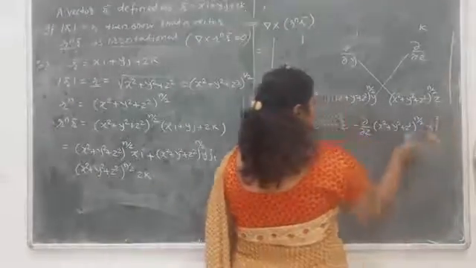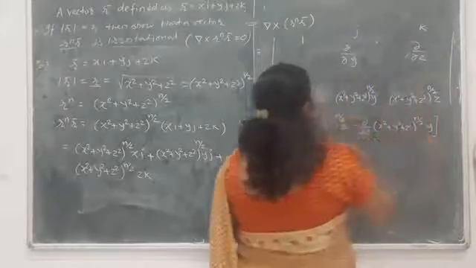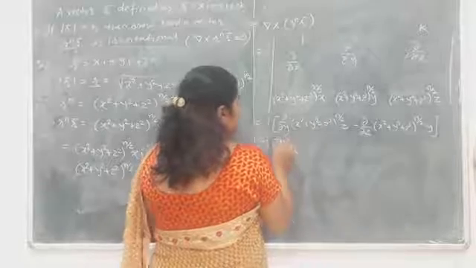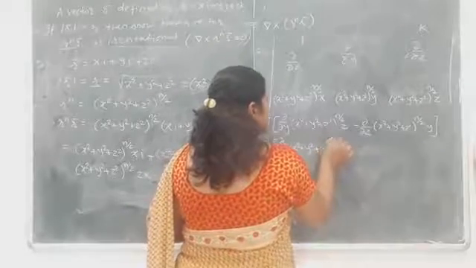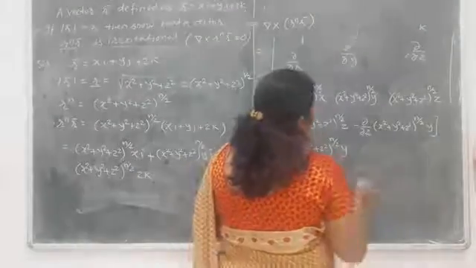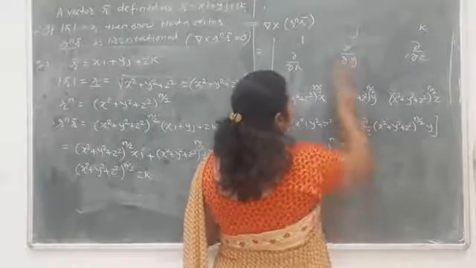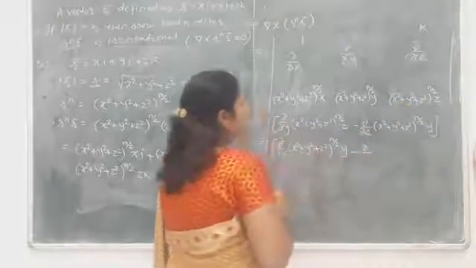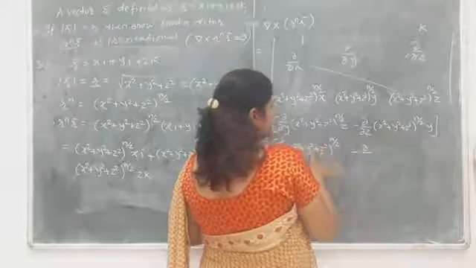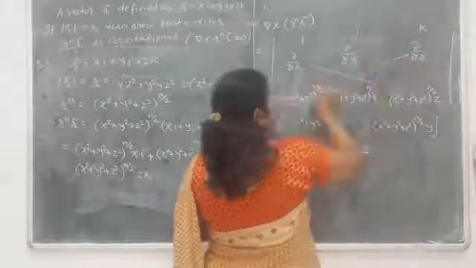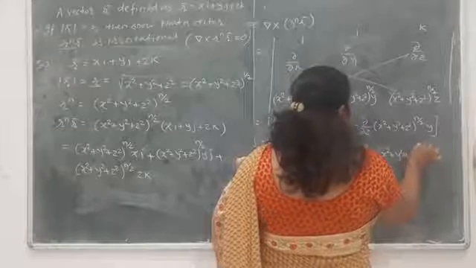in a bracket. Then plus, sorry, minus j into, when you are taking the j, so eliminating the row and the column, so del del x of x square plus y square plus z square raised to n by 2 into y, minus of del del x of this term, sorry, we are taking the minus of j, so del del x of this term, x square plus y square plus z square raised to n by 2 into z, minus del del z of this term, that is x square plus y square plus z square raised to the power n by 2 into x,